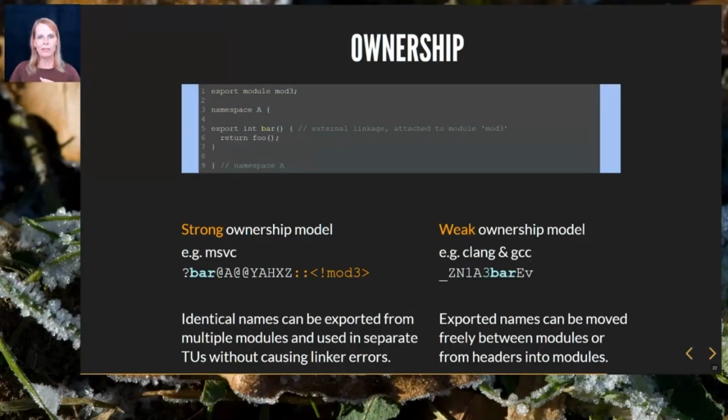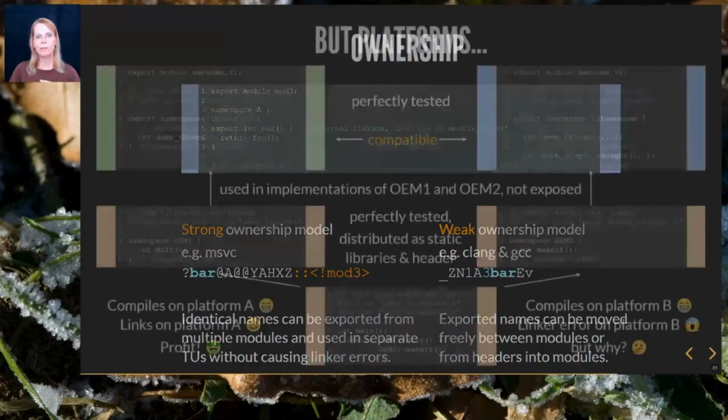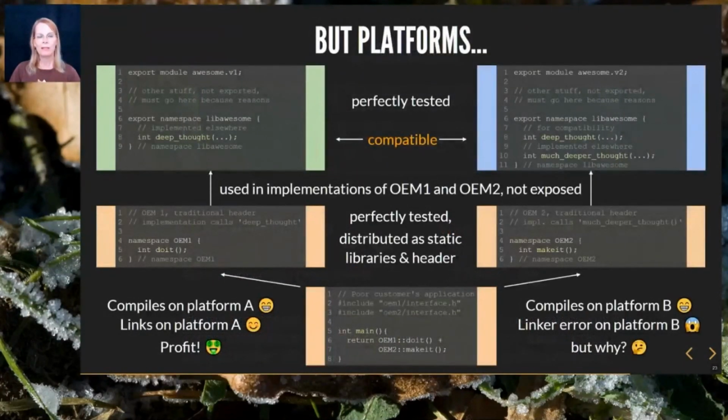In certain situations, the loss of provenance may cause unpleasant surprises though. Here in this particular example, an unfortunate customer buys libraries from two different OEMs. Both libraries are delivered as binary static libs with interface headers. This is typical in some industries, for example the one that I'm working in.